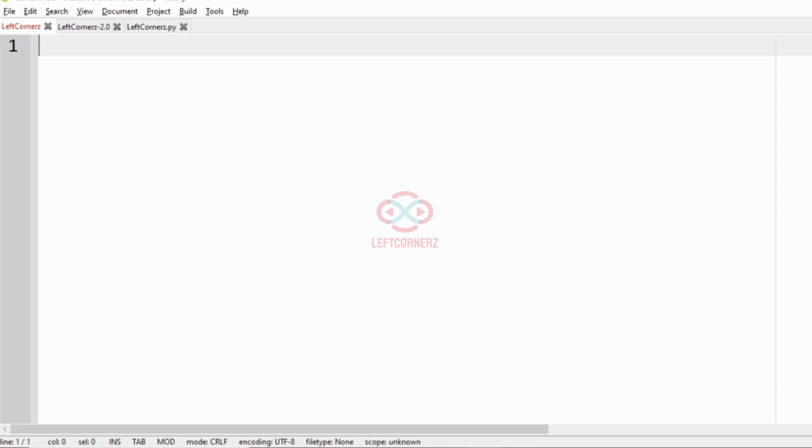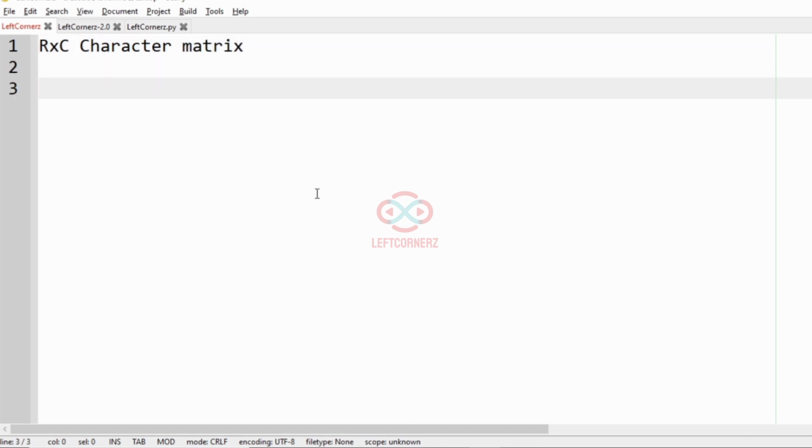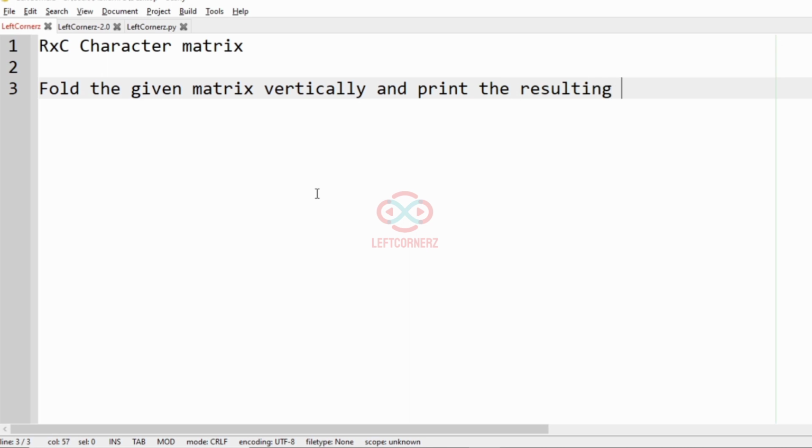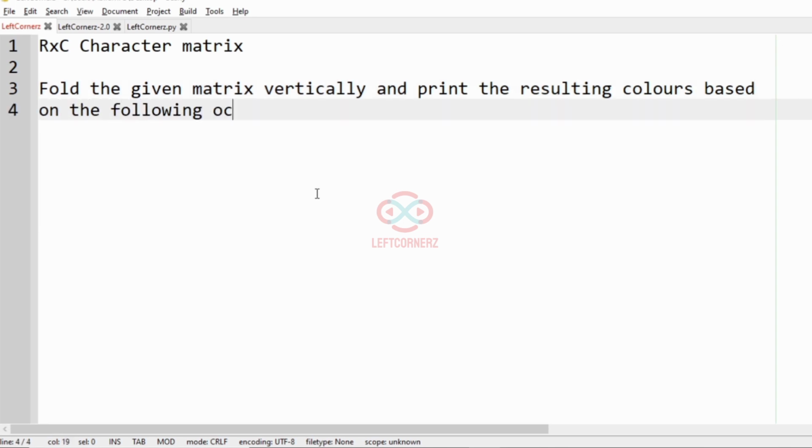Let us solve today's DC using Python programming language. The program must accept an R-C character matrix and it must fold the given matrix vertically and print the resulting colors based on the following conditions. That is,